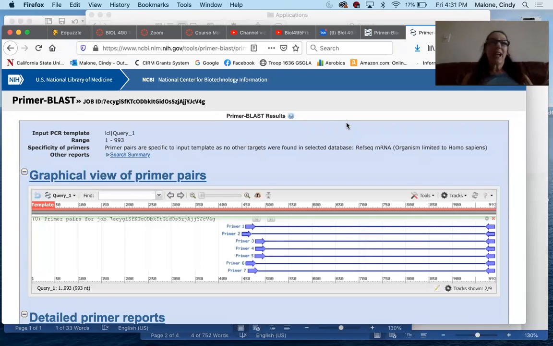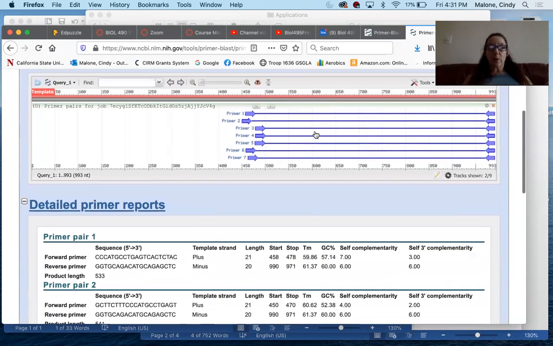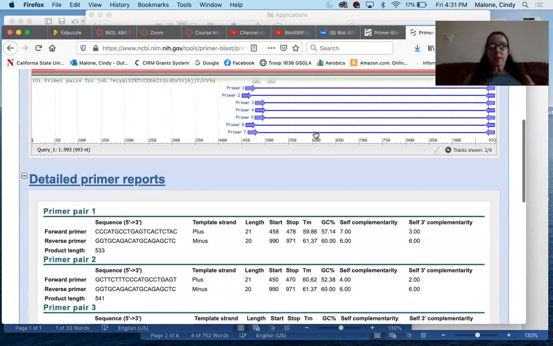Blast Check. So welcome back to our original Primer Blast where I put in the reverse primer that I made and I asked it to find us the forward primers. So here's the list of forward primers it found for me. And what I'm going to do is take a look at them. And what I see